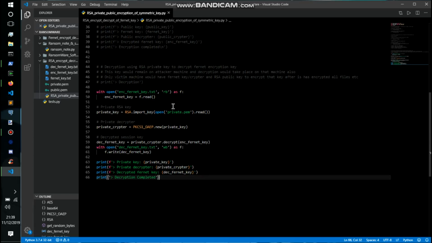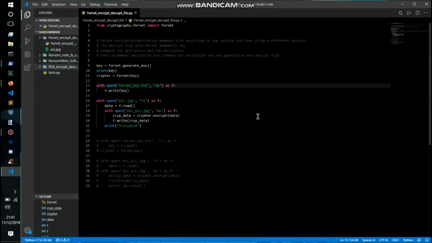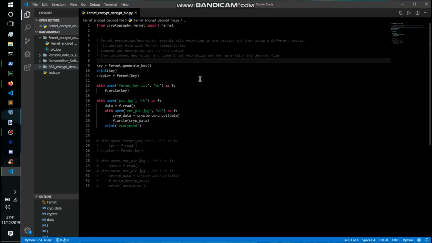So now we're going to move on to the actual Fernet encryption, which is used to encrypt the files and the system. Now we're going to have a look at the actual Fernet symmetric encryption, which is used to encrypt the files on the system and decrypt them later on. It's simple as well. We are going to use this module, cryptography.fernet, import Fernet. And then we've got key. To generate a key, we just do